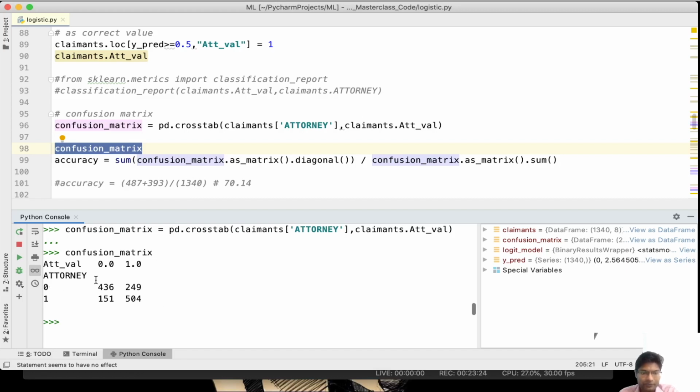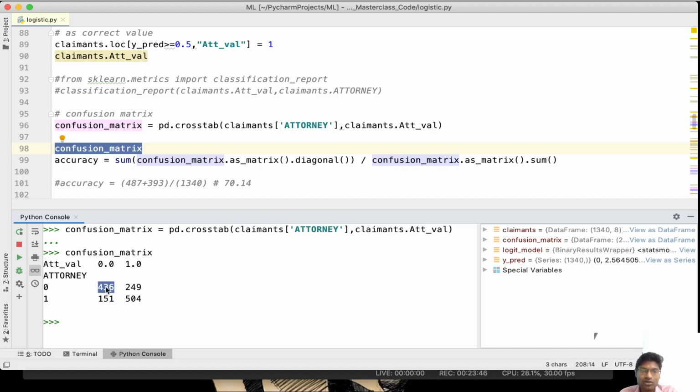Across rows is the attorney column, 0 and 1, the actual claim rejected and claim provided. Across columns are the predicted values, claim rejected and claim provided. So whenever there is a predicted claim reject, actually the claim reject is 436.